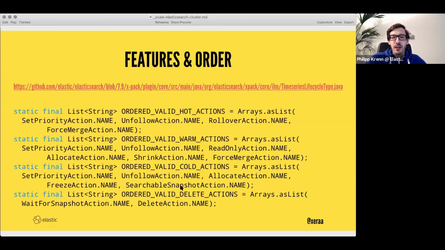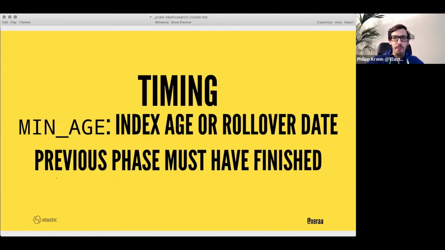And then finally, you have the delete action, and the delete action obviously has a delete, and it also has a wait for snapshot. The wait for snapshot is basically take a backup of the data before finally deleting or removing it. Also makes sense, I guess. So these are a lot of steps that you can run through here. Not all of them are super relevant, and I will show you a configuration of how I want to apply that. Let me jump to my configuration